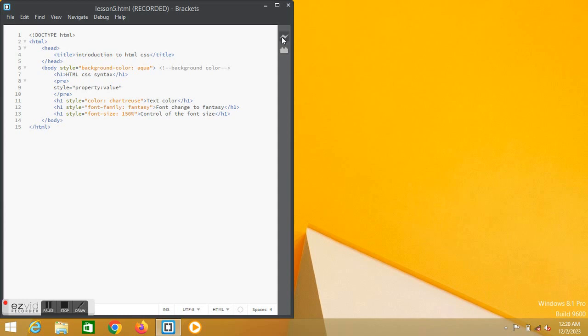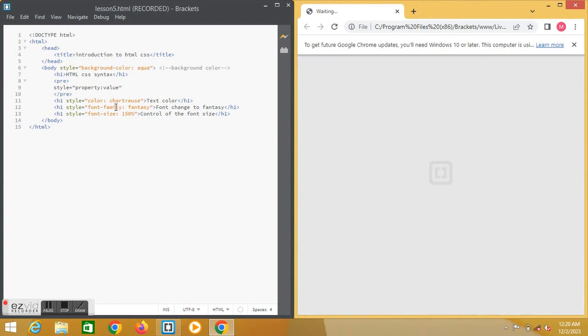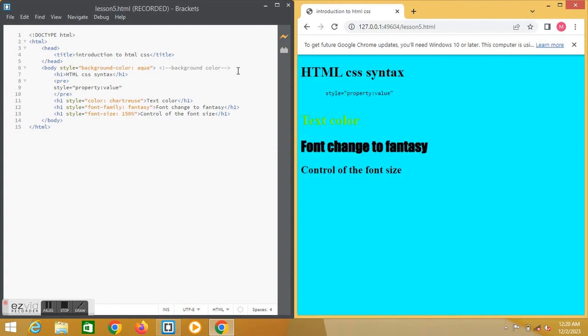If I live preview what I styled here, this is what it brought. How did I do it? You can see background color, text color, font sizes, changing font faces. So let's see how I put the background color. Before that, I put a heading here saying that this is the HTML CSS syntax, the one you're seeing here highlighted